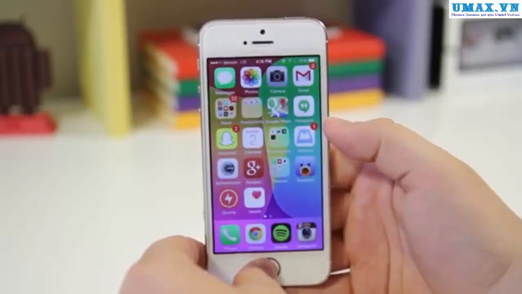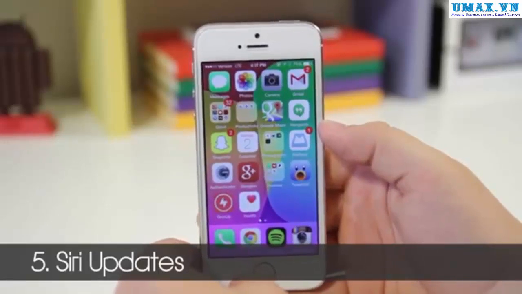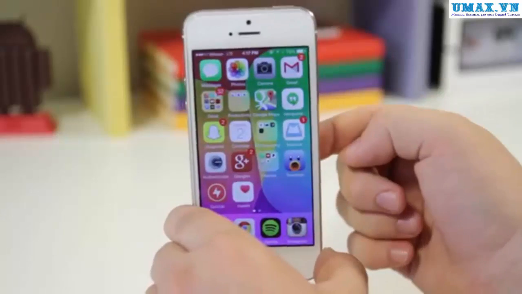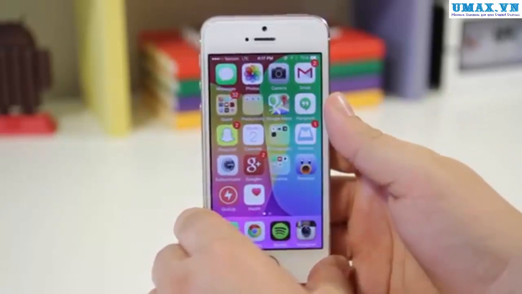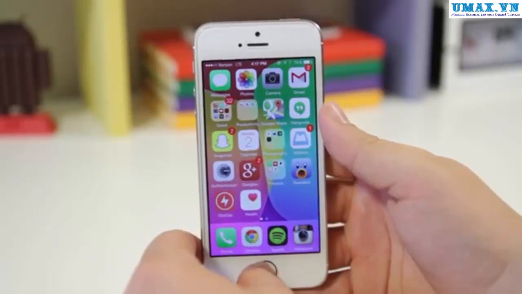Next up, we're going to look at Siri and the new additions they added to her. So you have features like Hey Siri, which is going to actually allow you to prompt Siri immediately. I don't have that working just yet. It may not be available in the first beta. But what does work is Shazam song recognition. So if we open up Siri,